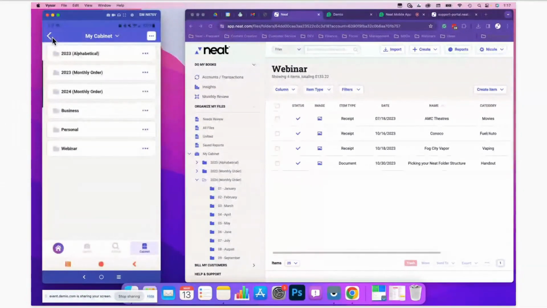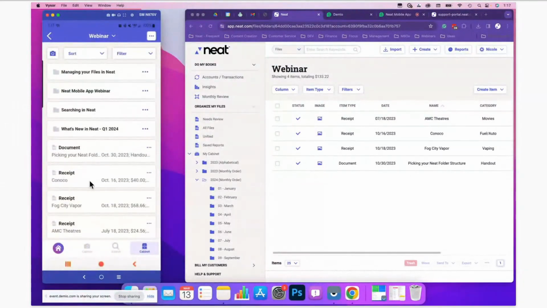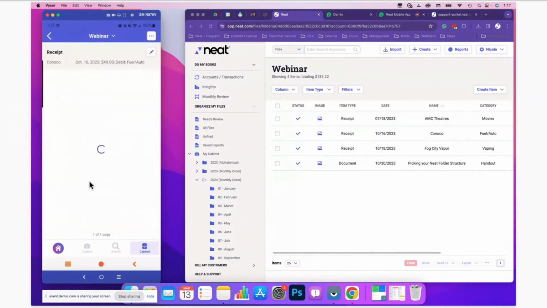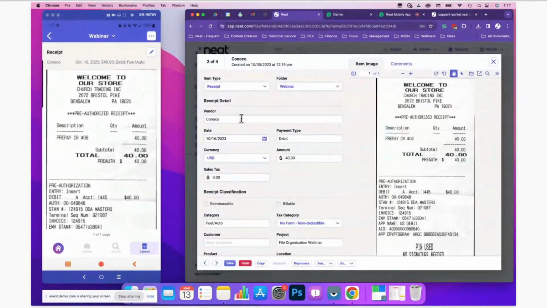All right, let's take a look at a file now within the web application. So I'm going to open up this Kanoko receipt here, which is a gas receipt. And I'm going to also open the Kanoko receipt here in the web application so we can compare. Now, the first thing I do want to mention is that whenever I'm mirroring my